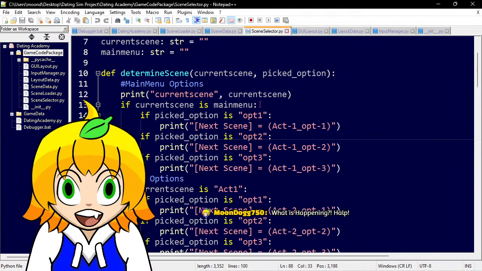Now, if current scene is main menu, if picked option is opt1, then we print next scene, act 1 option 1 or whatever. That's just me telling myself that this one was what was clicked.